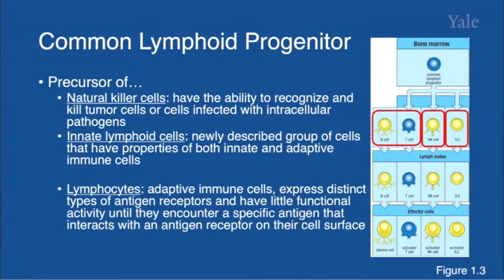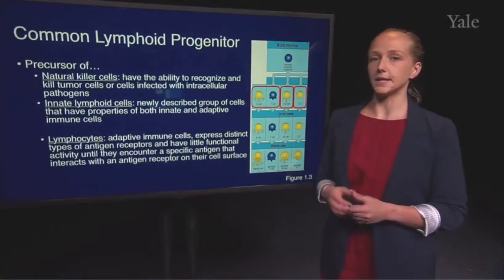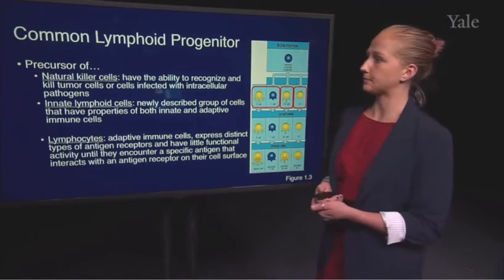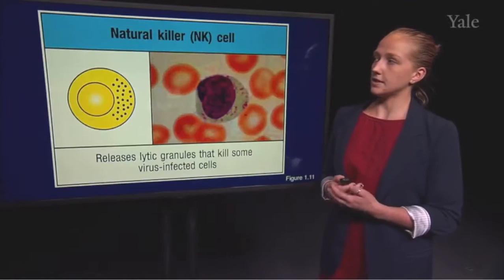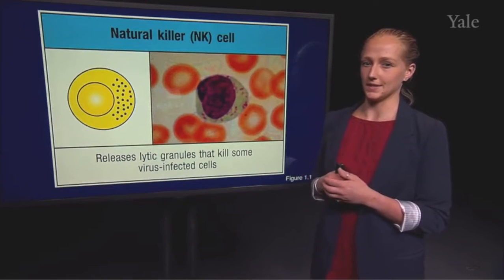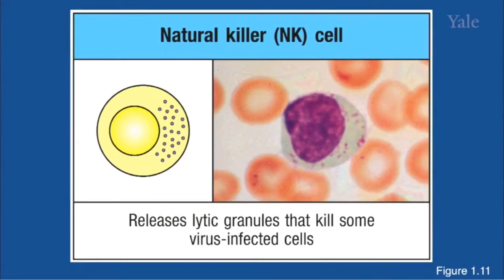And these express distinct types of antigen receptors and have little functional activity until they encounter a specific antigen that interacts with the cell-specific antigen receptor on their cell surface. So before we jump into lymphocytes, let's go through the natural killer and ILC cells. So our natural killer cells are very large lymphocyte-like cells that have very distinct granular cytoplasms, and they were actually